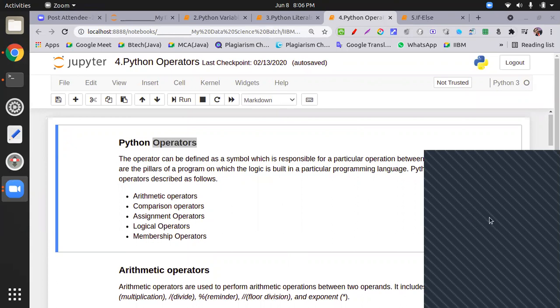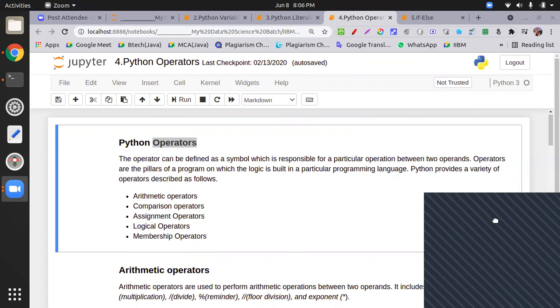Yes, Mr. Kante, now you can unmute and tell me. Hi sir, how many types of data types are in Python? In Python, there is no data type, because data type is the type of a value, just like string. We can use integer, float. Voice is echoing, my voice is echoing. Please put on the headset.